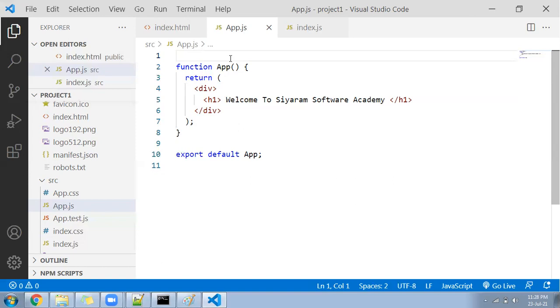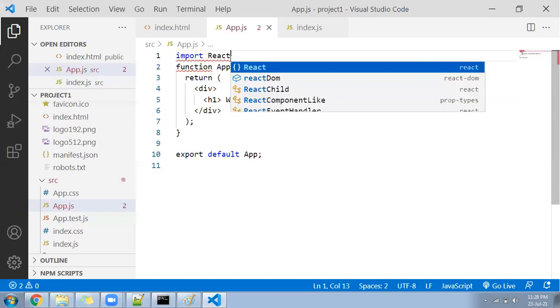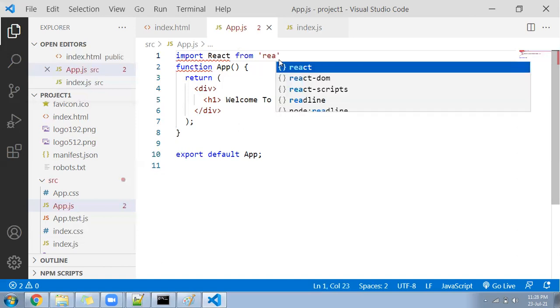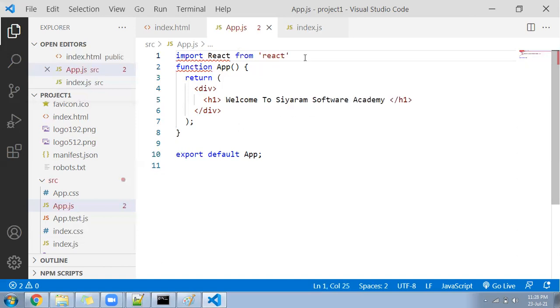So let me write here: import React. React is nothing but, you can say, name of the file, name of the class, name of the function. From where? React.js file.